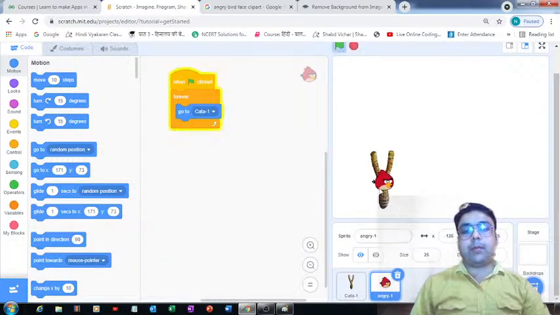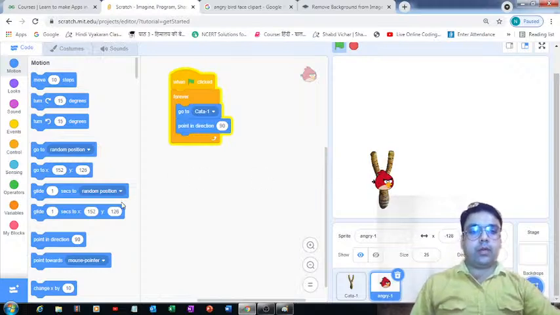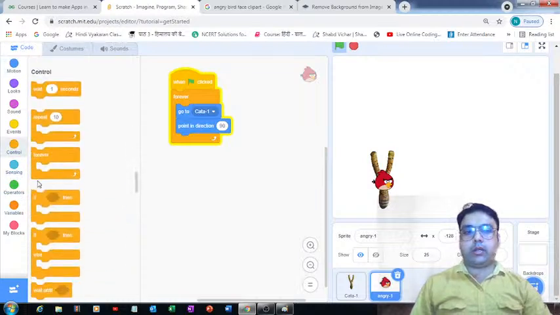It will come back at this catapult's location. Fine, and I would like it to point in this direction. Let's see what is going to happen if I put it over here and restart the game. Okay, perfectly fine.